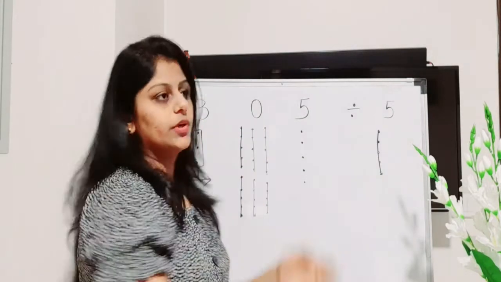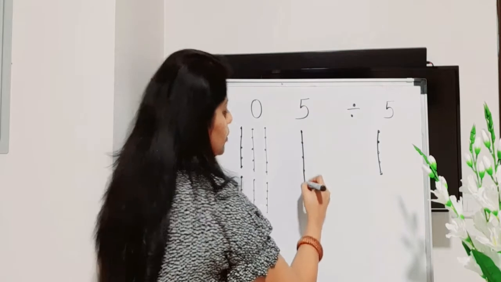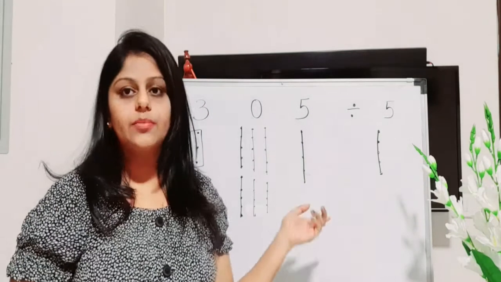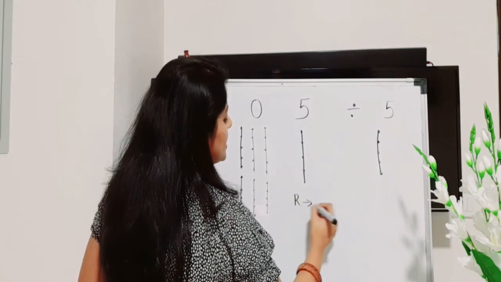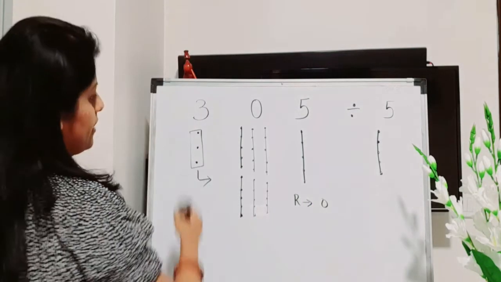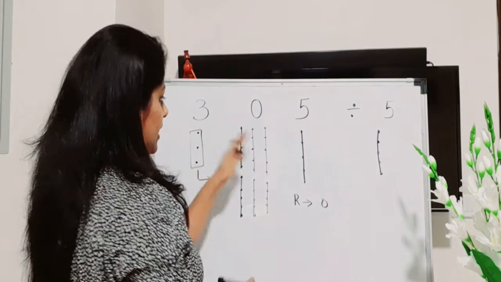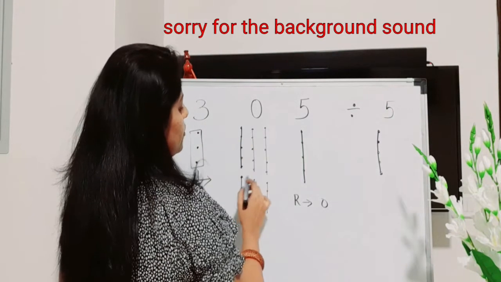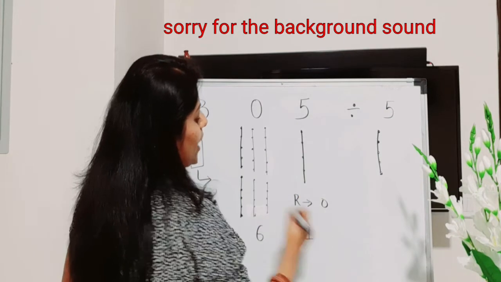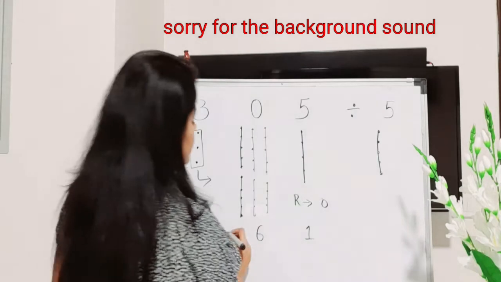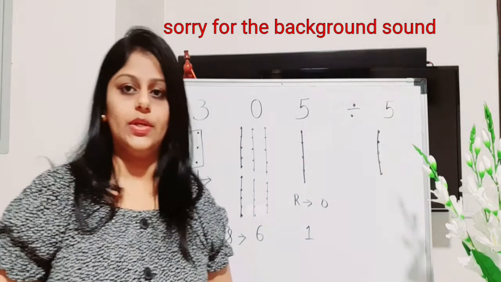So now we'll move on to the next column. Here also it's already 5, so we'll just group this together as 5. Any more dots remaining? No. Therefore the remainder is 0. And how will we write the quotient? This doesn't have any dots, therefore this is 0. In this we have 6 new beginnings, and in this we have only 1 beginning. Correct? Therefore the quotient is 61 and the remainder is 0.